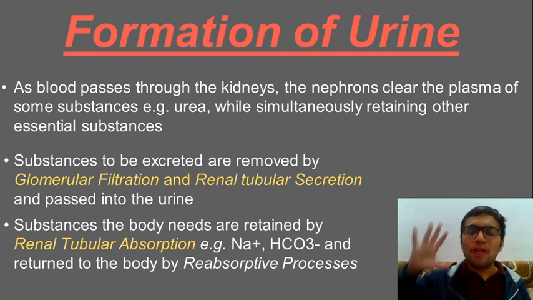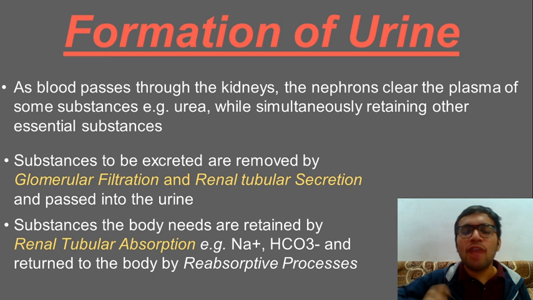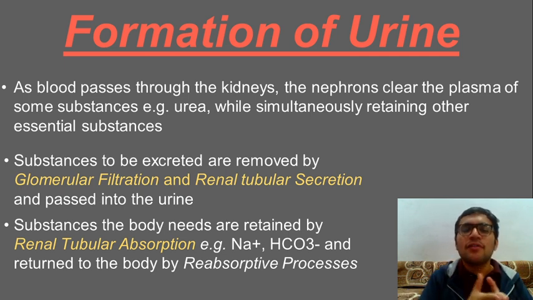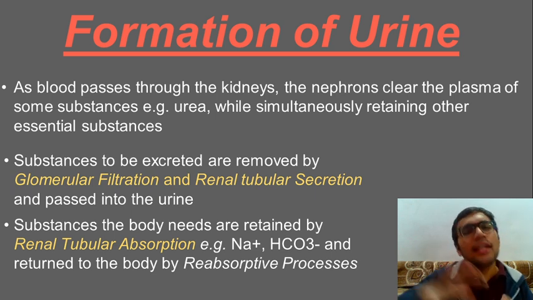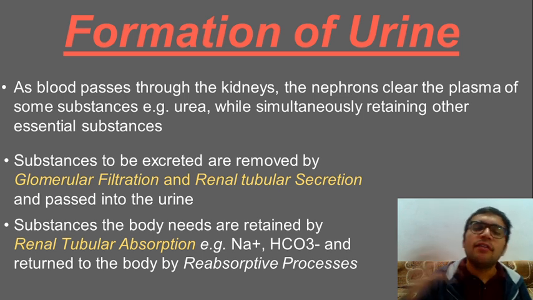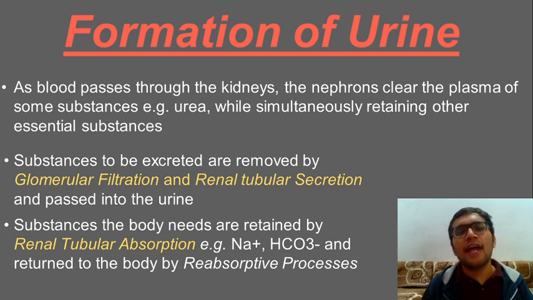In the formation of urine, what we are focusing on right now is the first process, glomerular filtration. We will proceed in this chronology only, so understand the chronology. First we will see glomerular filtration, GFR and all those things. Then we will see reabsorption, which part of the nephron absorbs which particular substance. And then we will see renal tubular secretion, how we secrete the waste. And then at the last there will be some miscellaneous topics. Acid base balance has already been covered, so watch that there.